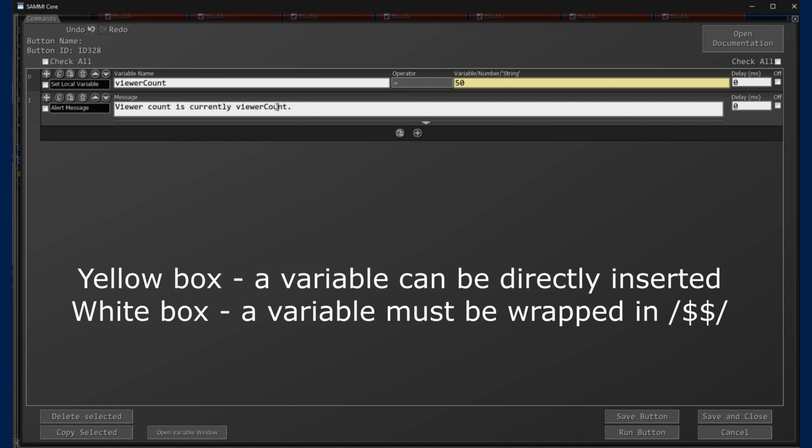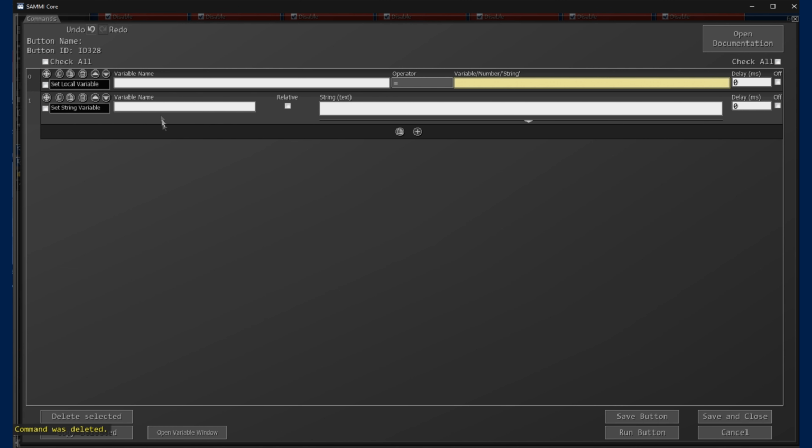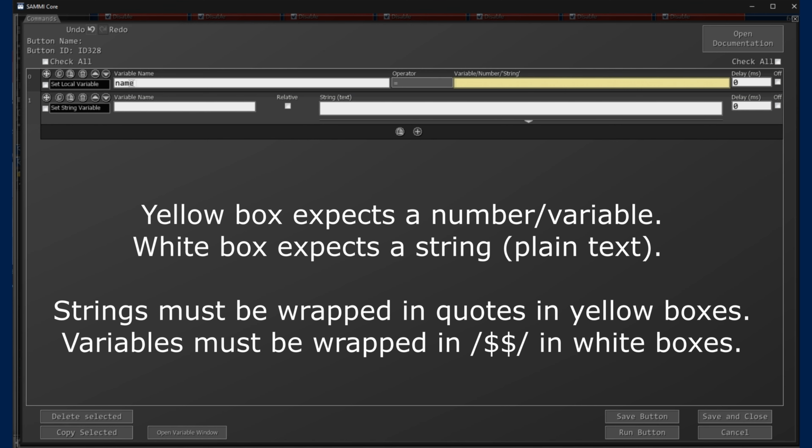Well, this is not going to work because SAMMI will not know that viewer count is actually a variable, which is why we need to wrap it again. Run button. Viewer count is currently 50. There you go. So to sum it up, set local variable uses a yellow box, and any yellow box inside SAMMI